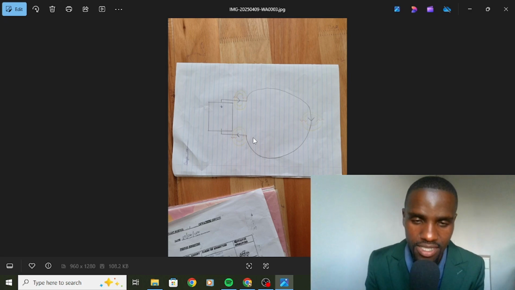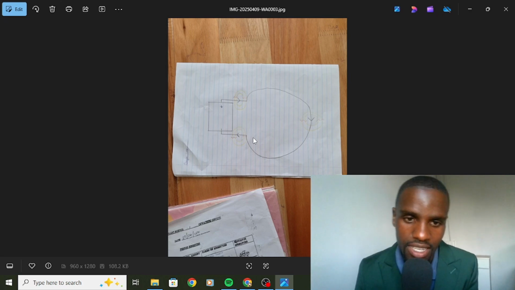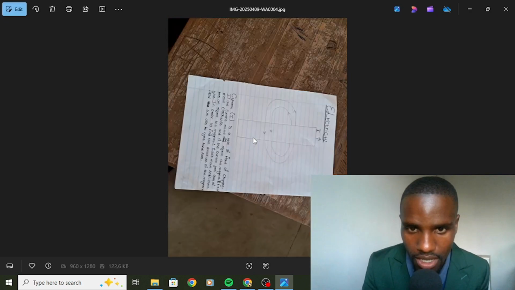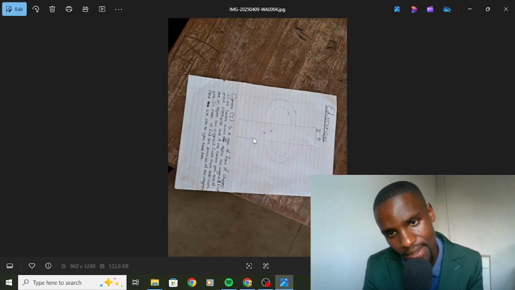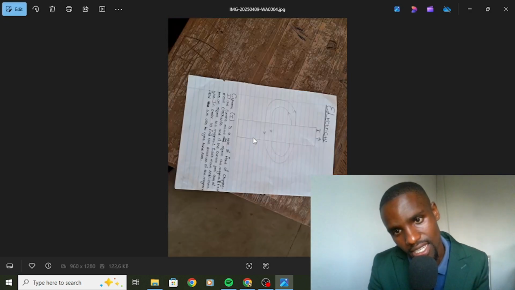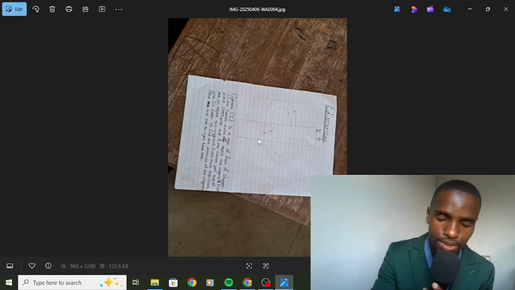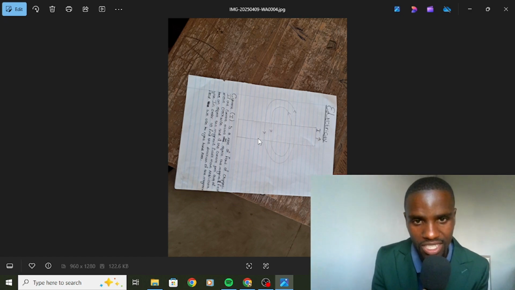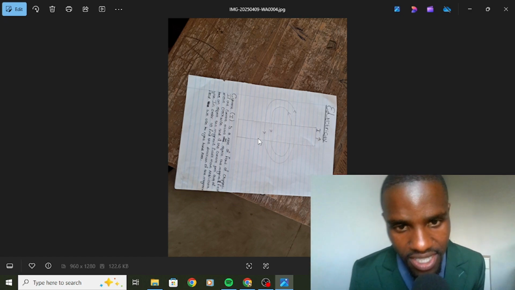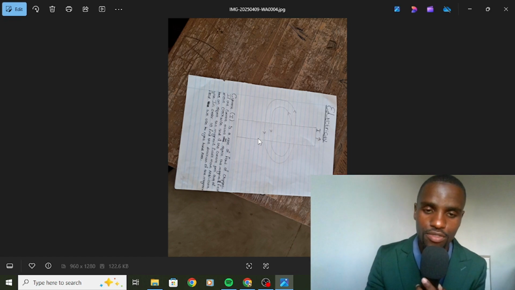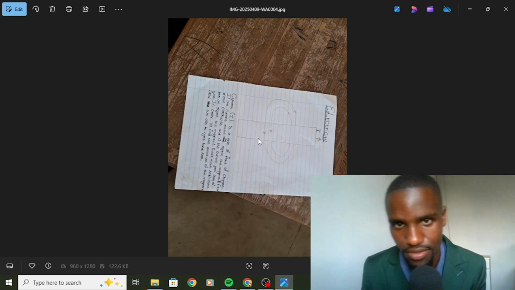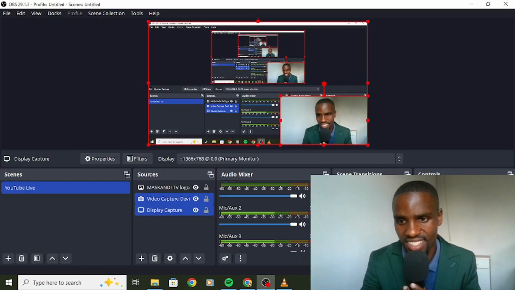And then this is a current carrying single loop. It had a battery, and this is a wire. It had a current that was going upward, and learners had to give me the direction of the magnetic field, and they had to explain what current is. They explained the current as the rate of flow of charges, because we're dealing with current and with magnetic field. So yeah, that's it. Thank you.